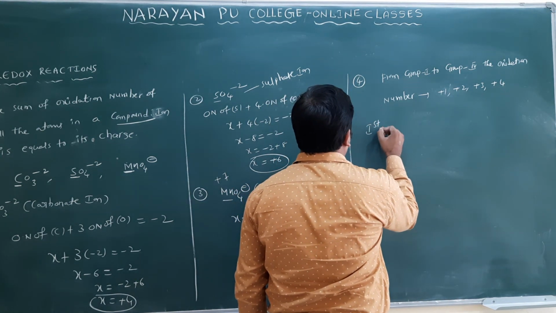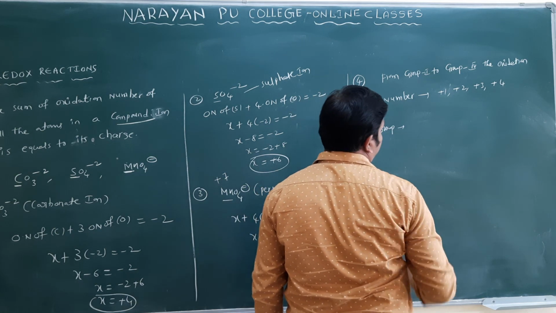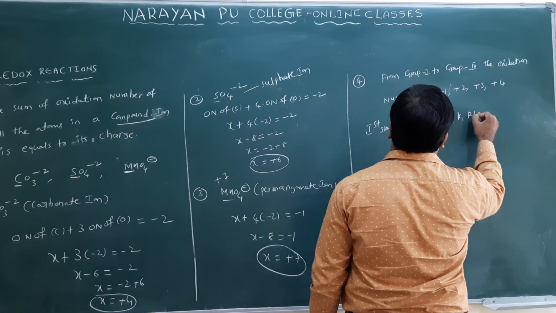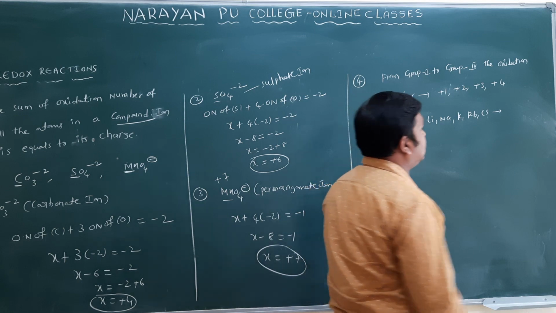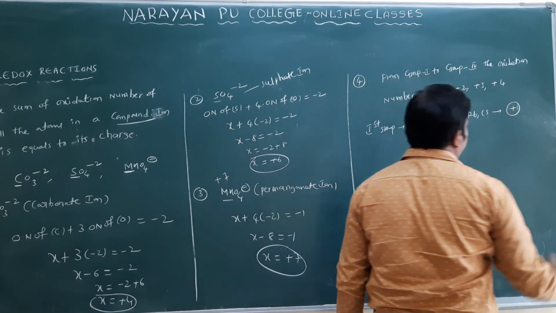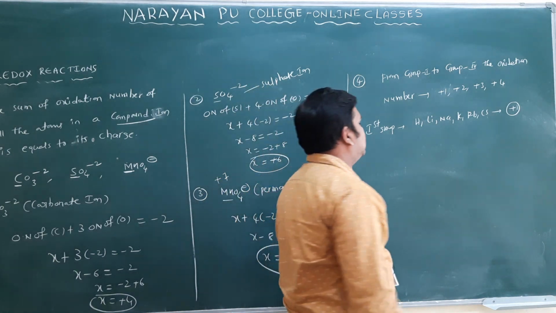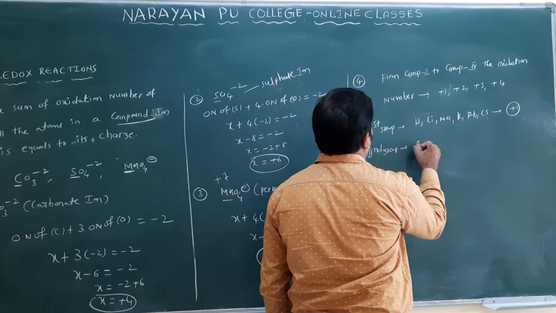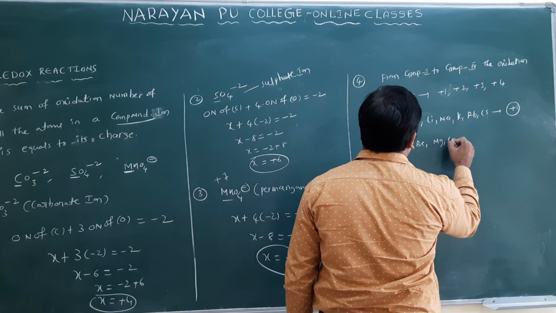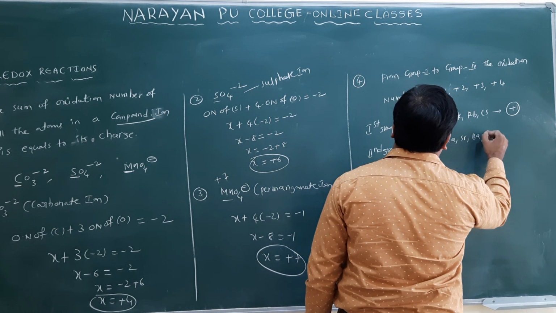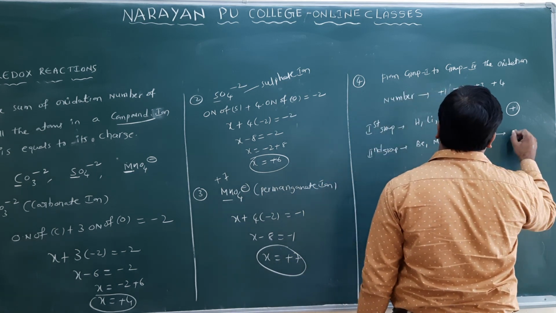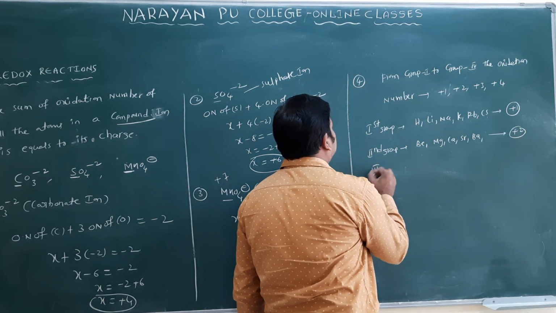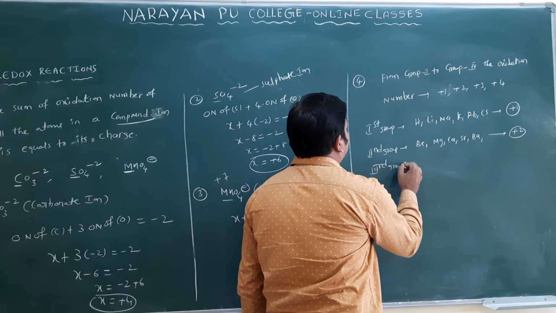Let us see the first group elements. The first group elements you can see here: hydrogen, lithium, sodium, potassium, rubidium and cesium. These elements are there. What is the oxidation number? You can write plus 1 oxidation number. Okay, now we can go for the second group we have: beryllium, magnesium, calcium, strontium and barium. One more we have, a radioactive element, that is radium. So what is the oxidation number? Plus 2 we have. Come to the third group we have. Third group, what can you take here?